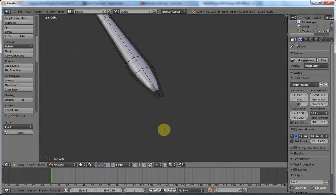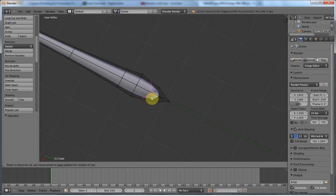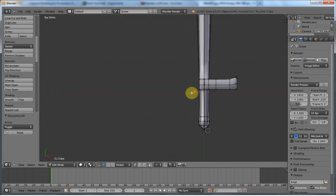Last thing I need to do is in vertex mode, select those two, bring those down, and then oops, along the x-axis like that. No, don't want to do that. I don't know, down the Y like that, and bring it up to there. Okay. Now we are going to add the... No, not yet. There's one last thing we need to do before we